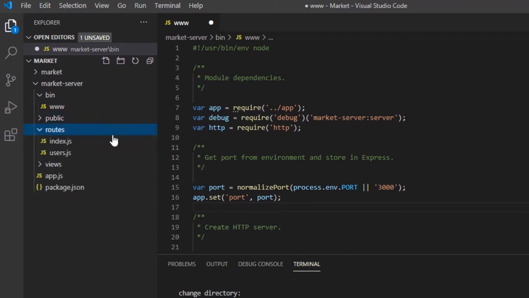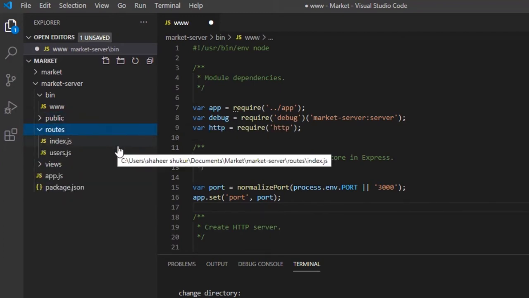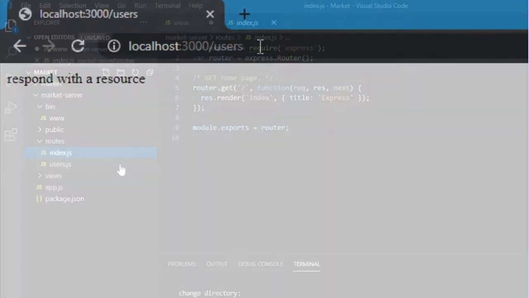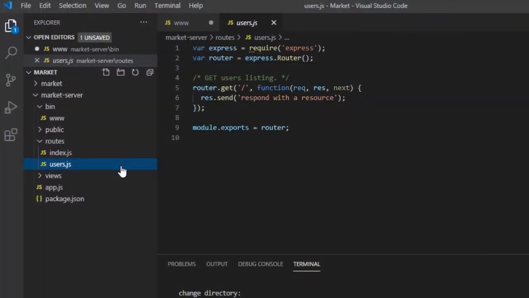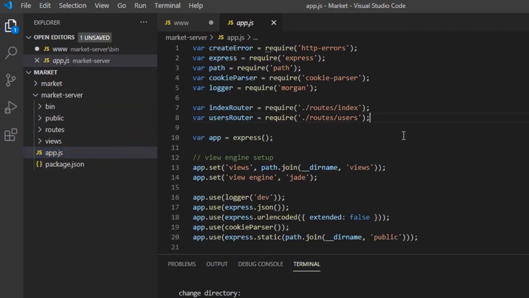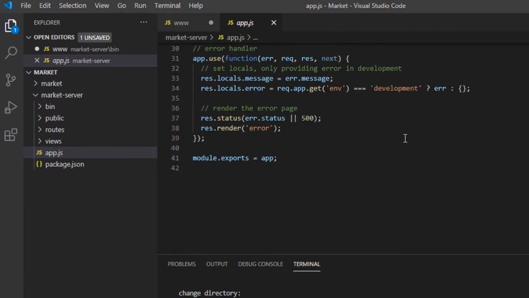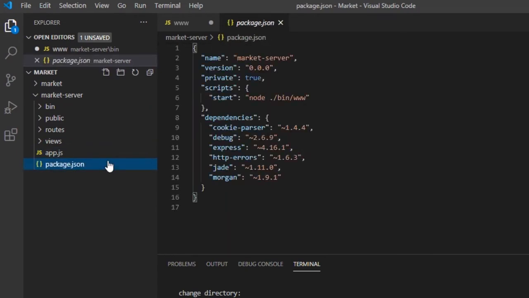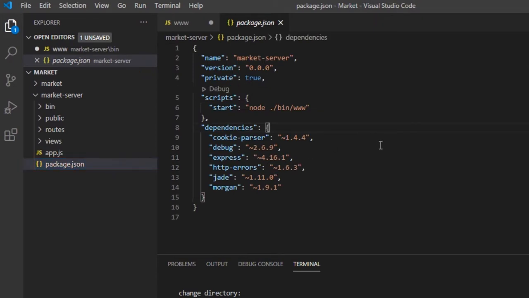In the routes folder, we place files for different routes. Say, for routes like /user, we will maintain different files to execute different functionalities. The views folder contains the viewable HTML type contents, which are actually not required for our project. App.js is the main file or starting point of the Express application. The package.json file contains the information about the project and the dependent packages which need to be downloaded for the proper